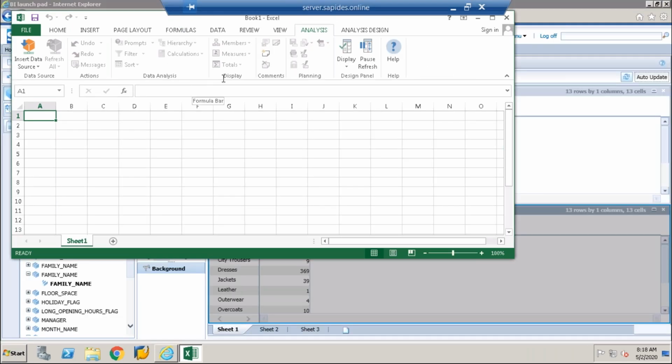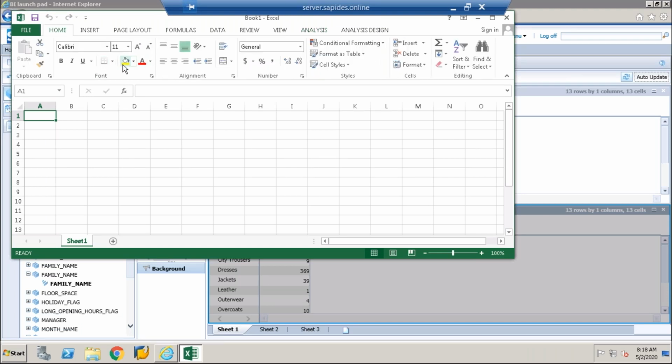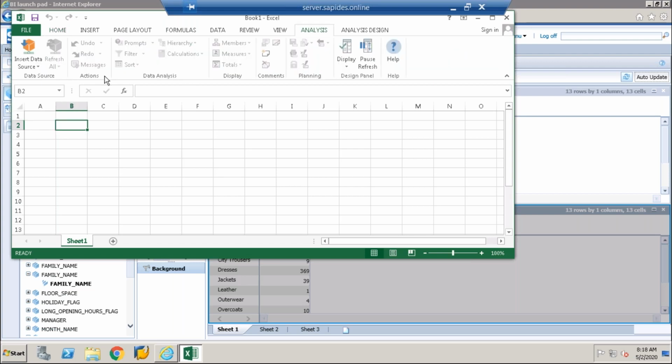With this, if you want to consume the Excel functionalities, I go to home, I can insert colors, I can do formatting, because in this sheet only we have the data. So we can insert this data.